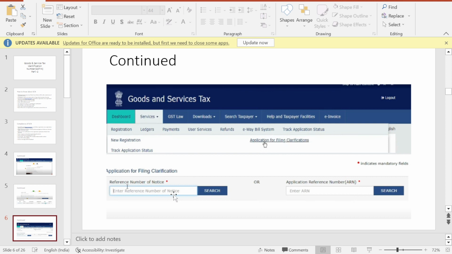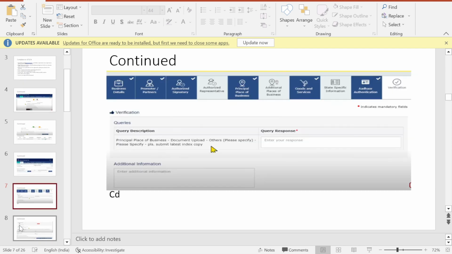Then it will show the reference number of notice and the application reference number, ARN. Here you either put the reference number of notice and click search, or you click ARN and put it here and search. After that, you will see this type of screen, and here the query description is there.